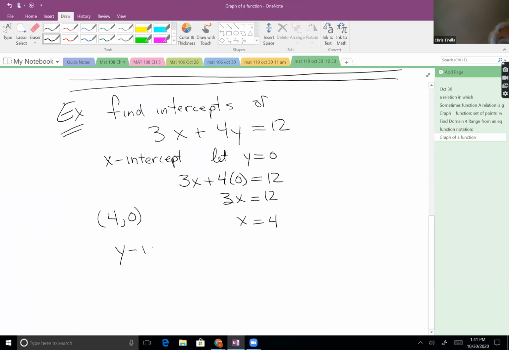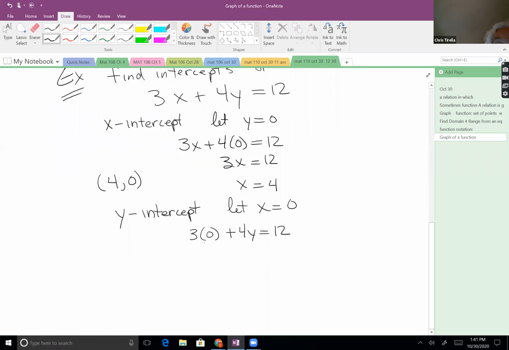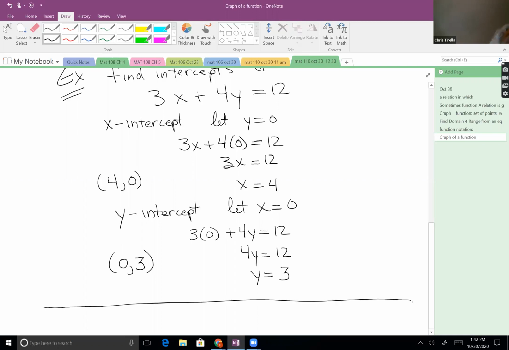Similarly, if I'm asked to find the y-intercept, to find a point on the y-axis, I'll let x equal 0. And so my equation 3x plus 4y equals 12 would be 3 times 0 plus 4y equals 12. Well, 3 times 0 is 0, plus 4y would just be 4y equals 12. And dividing by 4, I'd get y equals 3. And so my y-intercept would have an x value of 0 and a y value of 3. Make sense? Okay, good. If that's all right,